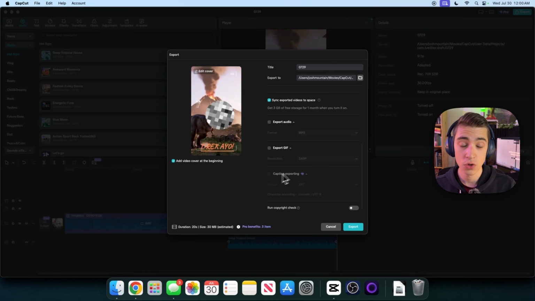And then also, if you do have the Pro version, you can do caption exporting so that it adds those captions. And we can see here that we want to enable add video cover at the beginning so that when it's on social media, as discussed, it'll have that clip. Or we could just unselect that and it would just automatically have whatever the first frame of the video is. Now we can see that the duration is 20 seconds, the size is 30 megabytes, and if we hit export,